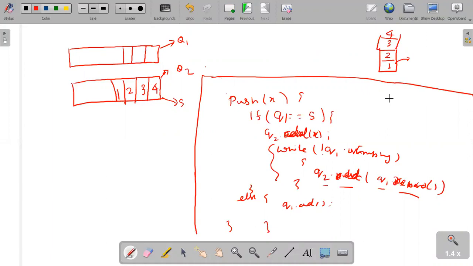Yeah, enqueue and add are the same, right? Okay, so both are correct actually. Either you can make your push operation costly or your pop operation costly. But if you make your pop operation costly, then you have to make your peek operation costly also.